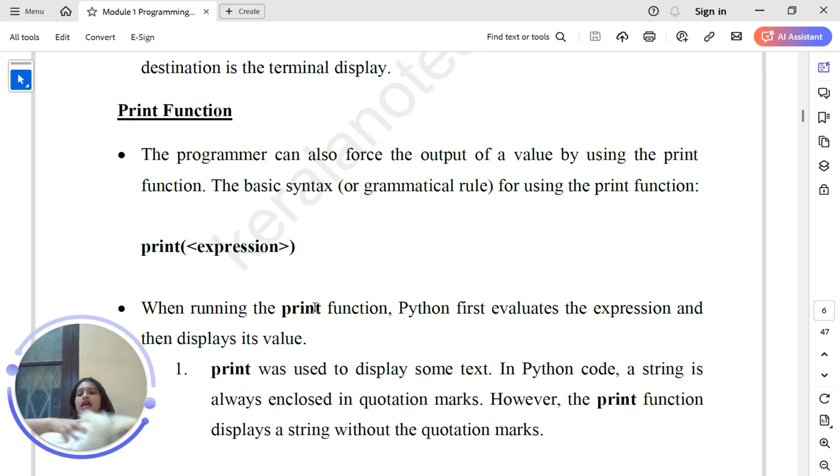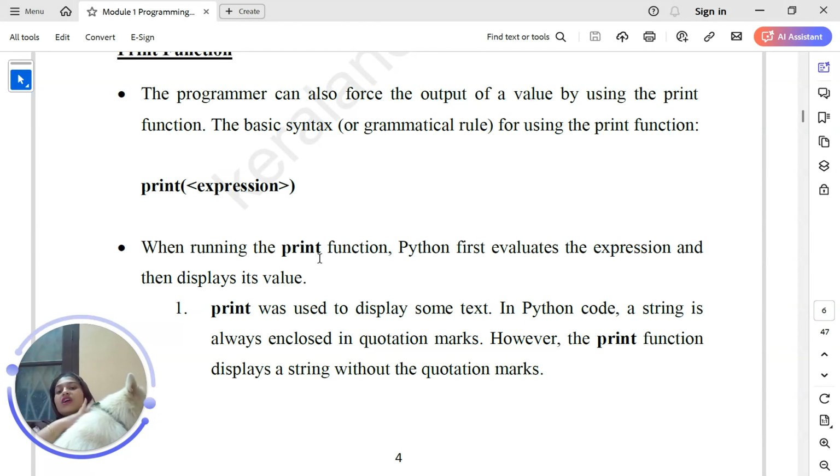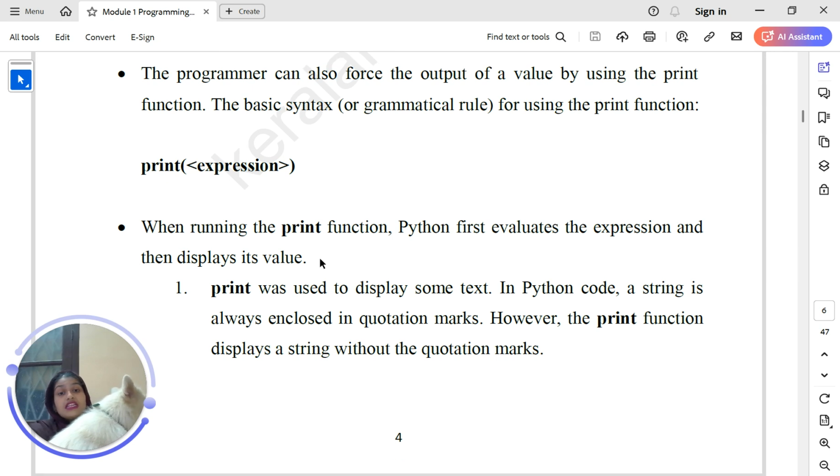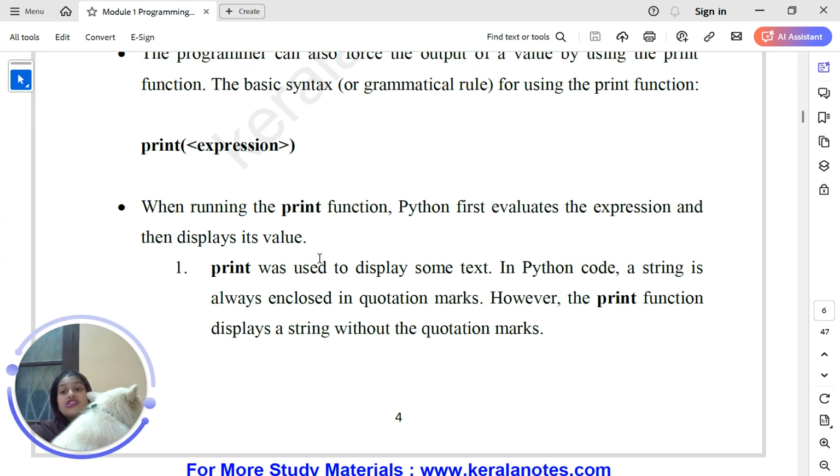This expression can be a string or anything else we can evaluate. When running the print function, Python first evaluates the expression and then displays its value.